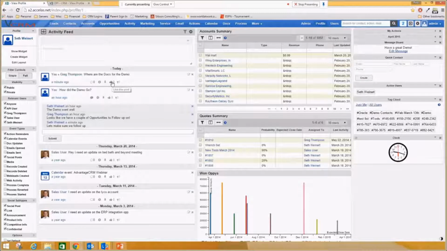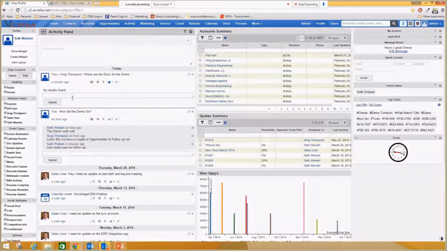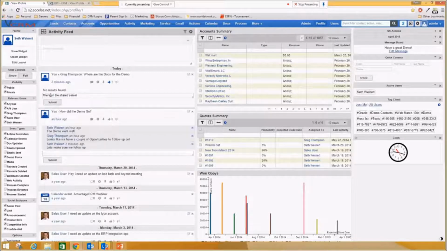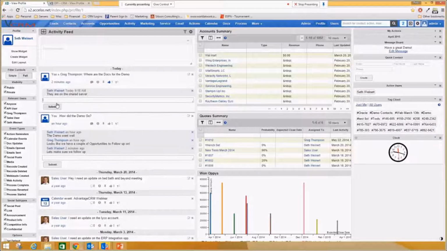You can like it just like in Facebook. If I like this post and you want to let people know that it's very important, then great. You can like those posts, and then you can again comment on the post. I can come in here and add that comment, and since I can never remember theirs, I'm just going to say they are on the shared server. So it's a great way to communicate with individuals and really keep everyone up to date